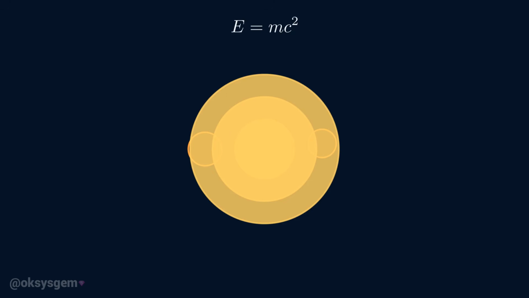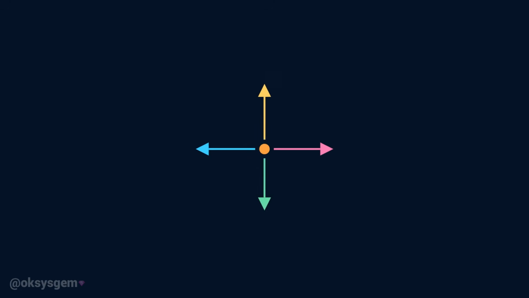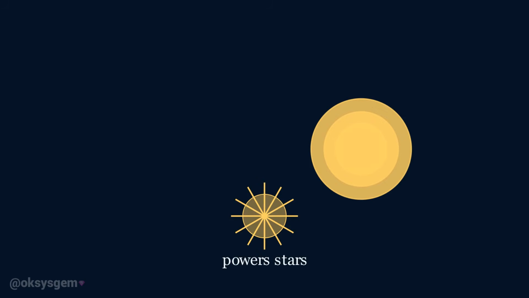A nuclear explosion releases energy in several forms. An intense blast wave compresses the surrounding air. Thermal radiation transfers large amounts of energy as light and heat. Ionizing radiation can also be produced, and radioactive materials may remain afterward depending on the event. Nuclear fusion can release even more energy per unit mass than fission. In fusion, light atomic nuclei combine into heavier nuclei, again converting a small amount of mass into released energy. This is also the process that powers stars.